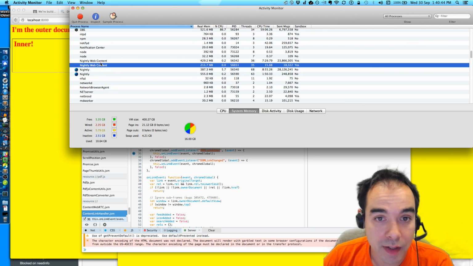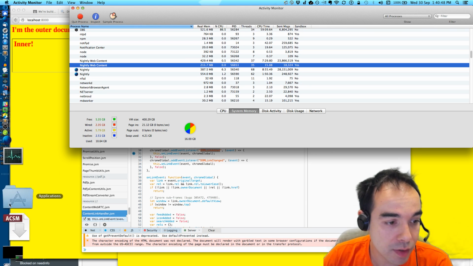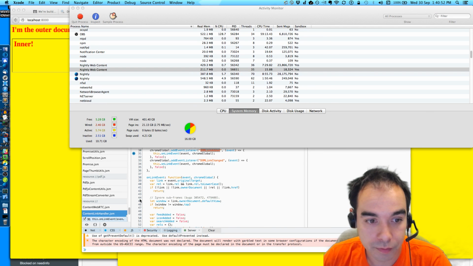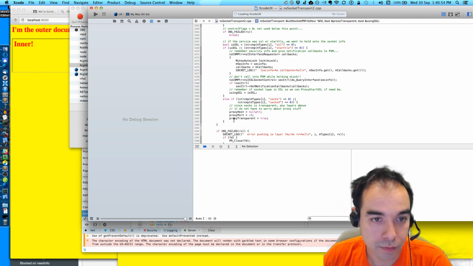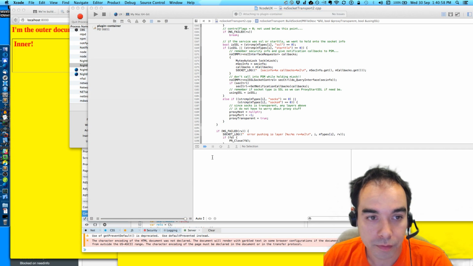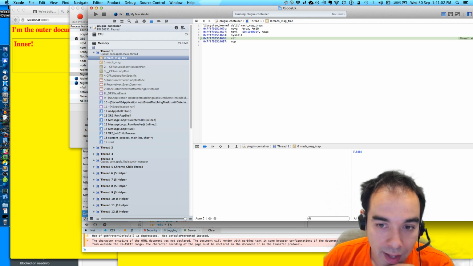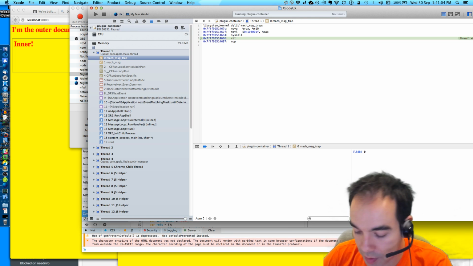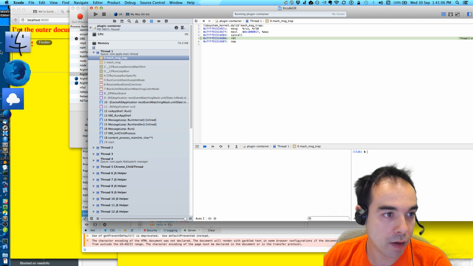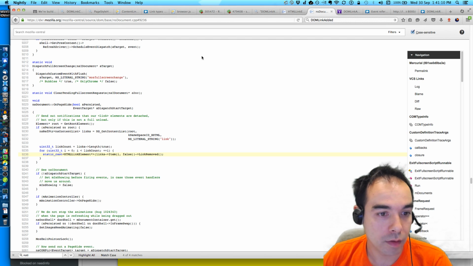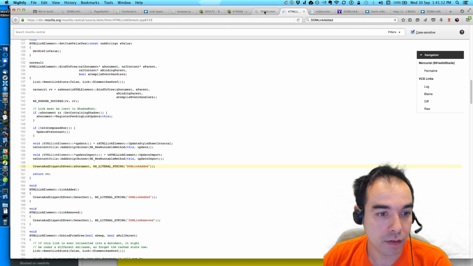So let me find the youngest nightly web. 56651 is what I'll attach to. And I will re-add those breakpoints. So break on link added.